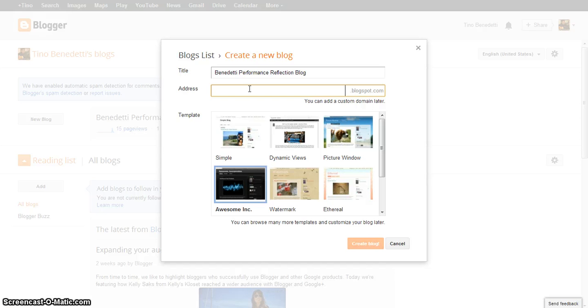And then you can come up with your own web address. They'll let you know if it's there or not. So let's just try the same thing, Benedetti Performance Blog. And it really doesn't matter as long as you bookmark it and you email it to me, whatever you call it, I'll have it bookmarked and linked. But just something that you'll remember is fine. I am going to create that blog,